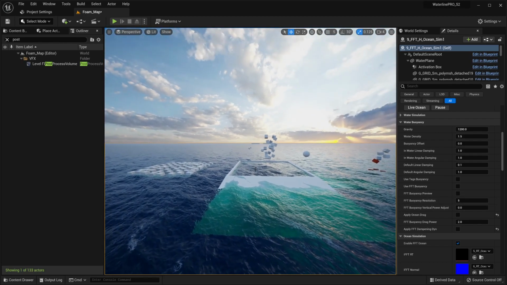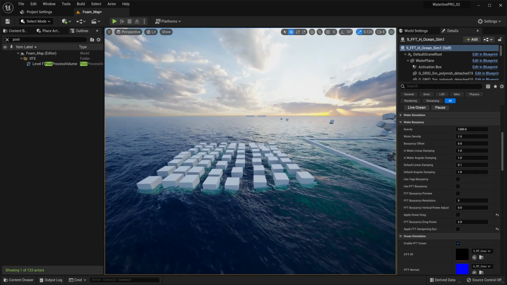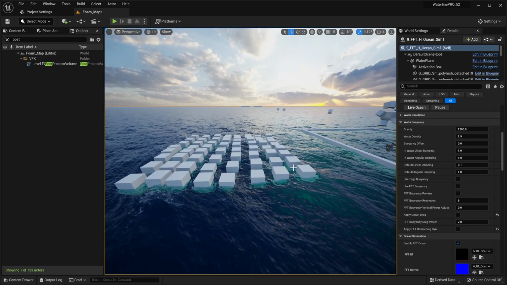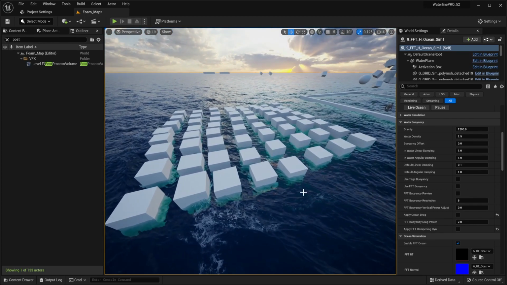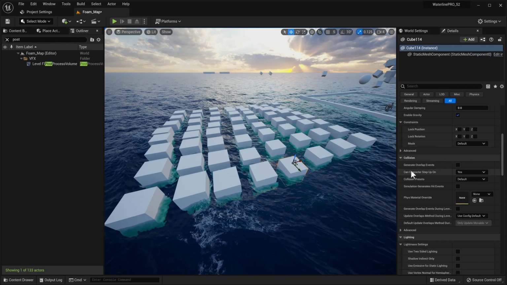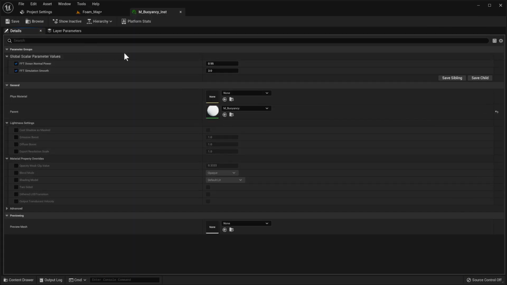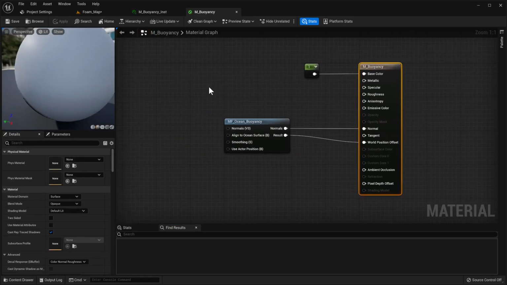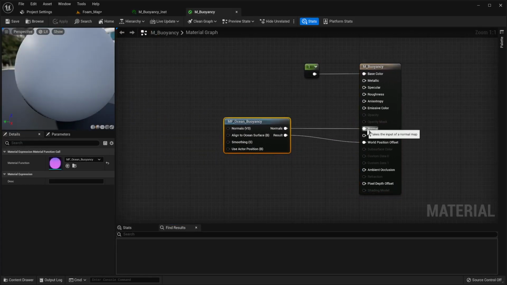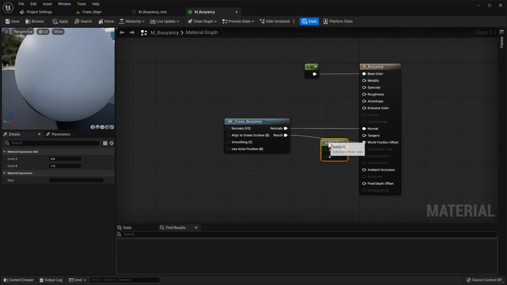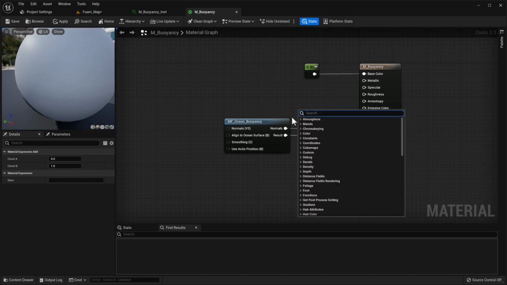On top of that, in this update, this is something that's upcoming, so it may not be available to everyone right from the start, but we have GPU-based buoyancy. What this means is it's a fancy world position offset material function, which we can open over here. It is basically this, and you plug it into your normals and world position. If you have values here already, you can blend them in with an add node for world position offset